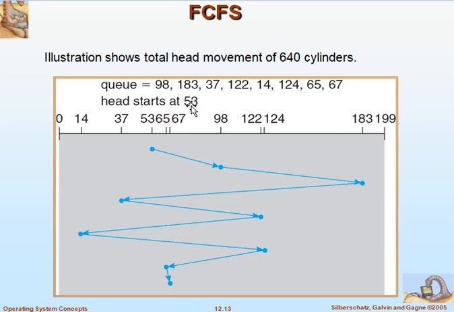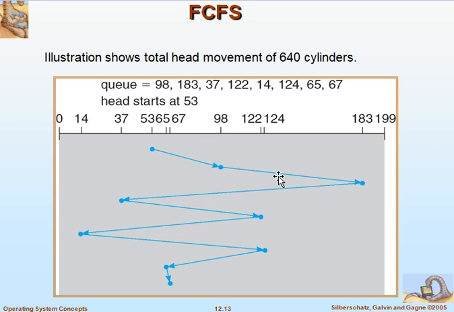So from 53, because it is going to follow first come first serve, the first request is for cylinder 98. The head will move from cylinder 53 to 98. Then after that read write IO operation is complete, the next request is 183.